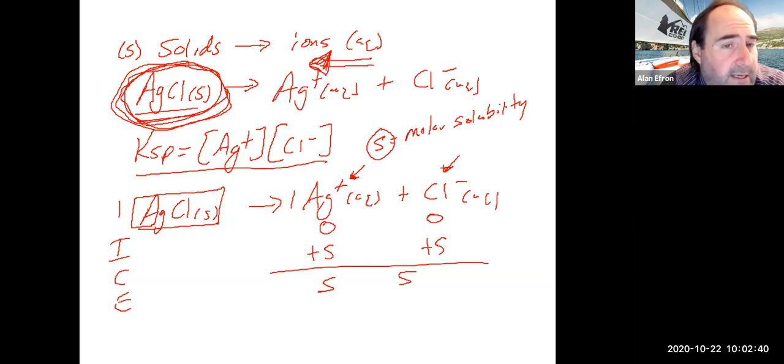The place where we cannot directly use our Ksp values from the table to compare solubility, like we talked about last time, is a case where we're comparing substances that break apart into different numbers of ions. So if we have something that breaks apart into different numbers of ions, we really can't use the Ksp values. So I think we looked at an example where, based on Ksp, and those three examples that we looked at last time,